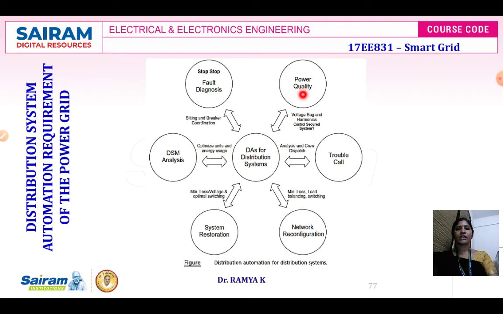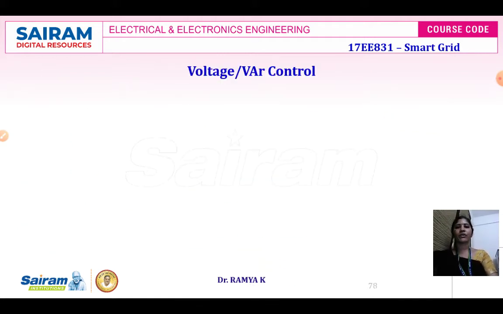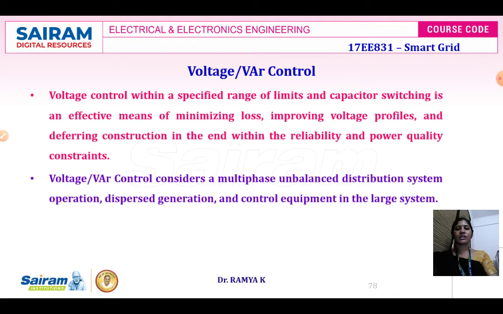It is considered to be a multi-phase unbalanced distribution system operation, dispersed generation and control equipment in case of your large system. In distribution automation function, using the VAR control option should maintain proper communication throughout the decision making to install a capacitor. Suppose the output is going to have a capacitive load, then a synchronous condenser needs to be installed. Thereby the cost benefit can also be obtained. So all these points have to be taken care of when you are making the distribution system automation that is required for your power grid. VAR control, now we have discussed.